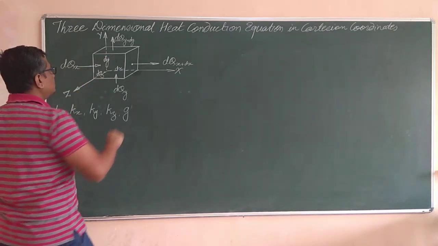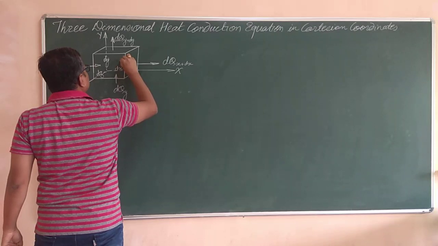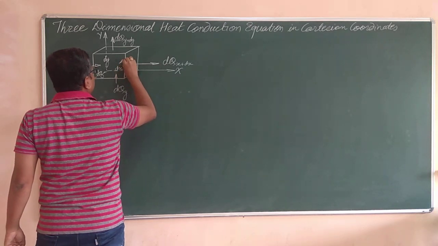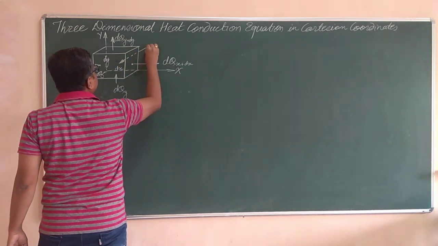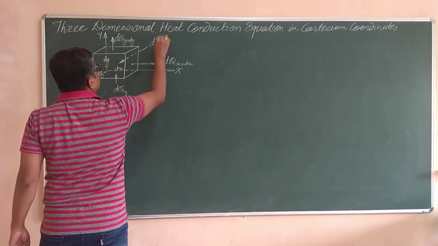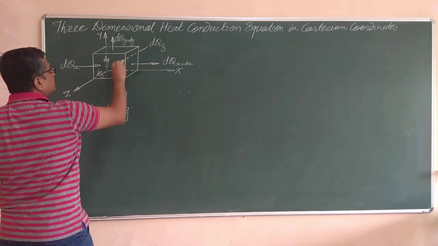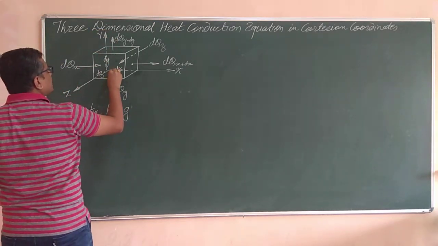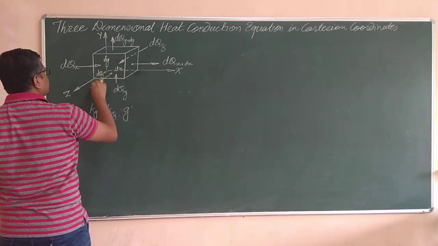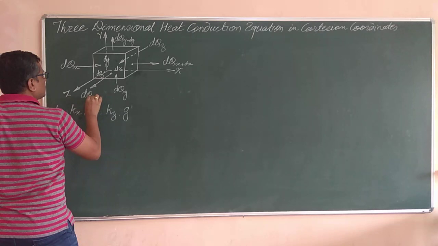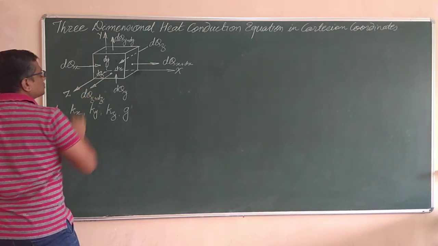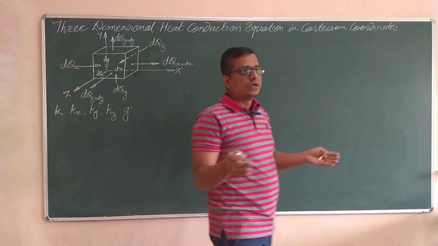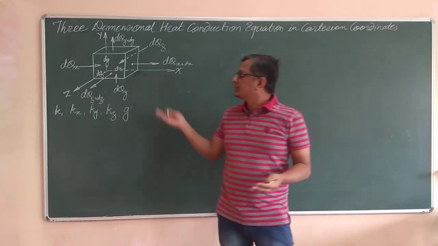And similarly, I can take down the heat which is coming into this element in z direction. I will prefer to show it by the dotted line so that you can understand it. Let us say it is dqz. This is the heat which is coming into this element in z direction, and that is at the backside surface, and the heat which is going out of this element in z direction will be dq z plus dz. So these are the nomenclatures of the heat which is flowing in and flowing out of that element in 3 different directions, and that we have mentioned over here.